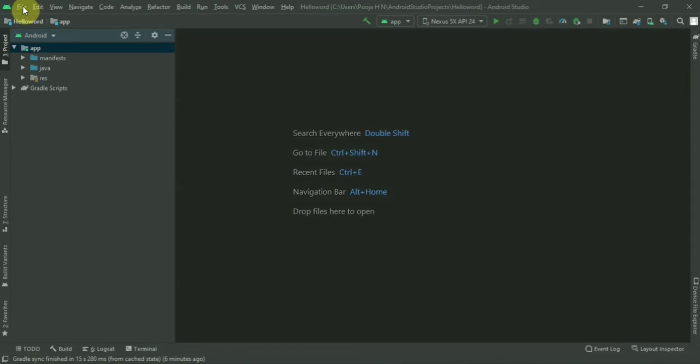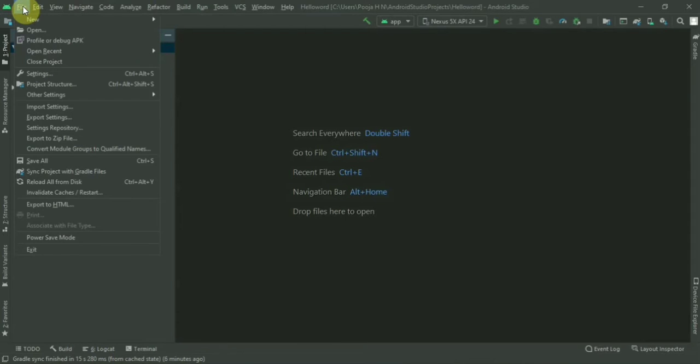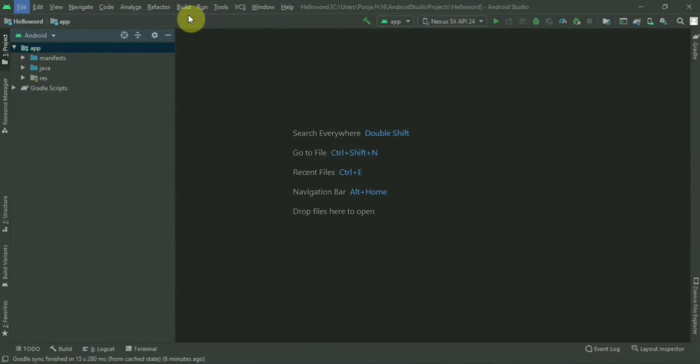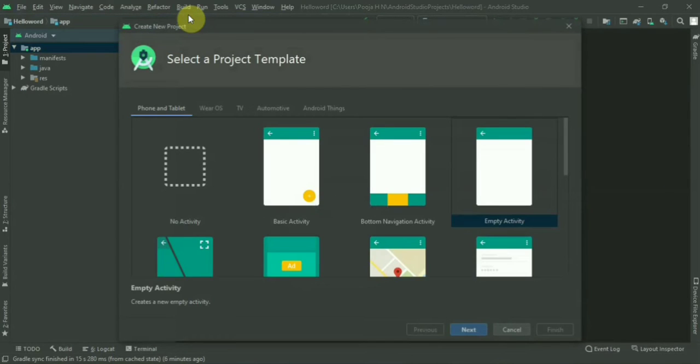Friends, let's start with our first project. Go to File, click on New, then New Project. Here in this window, we have to select the template or activity to our project.